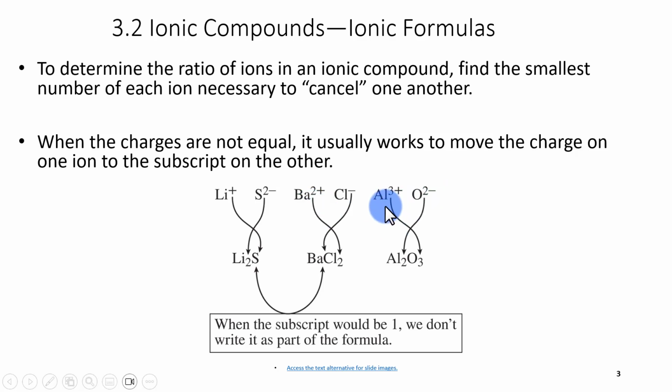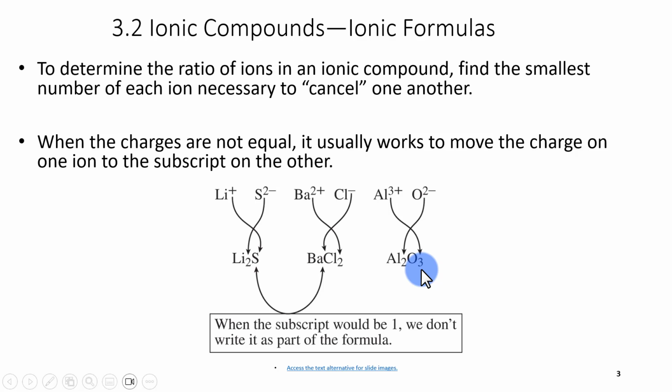What about this last couple here? I have aluminum 3+ and oxygen 2-. Once again, I'll take the charge from the aluminum and cross it over to the oxide and write it as a subscript. So I need 3 of those. I take the charge from the oxygen and I cross it over to the aluminum and write it as a subscript. Remember that charges are written as a superscript. How many of them you have is written as a subscript, right, by the element. So the charge from the oxygen comes down as a subscript by the aluminum, the opposite ion. So the formula becomes